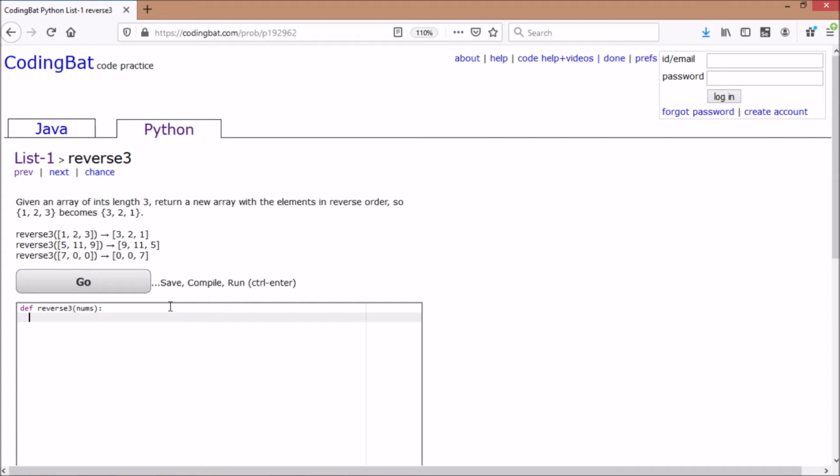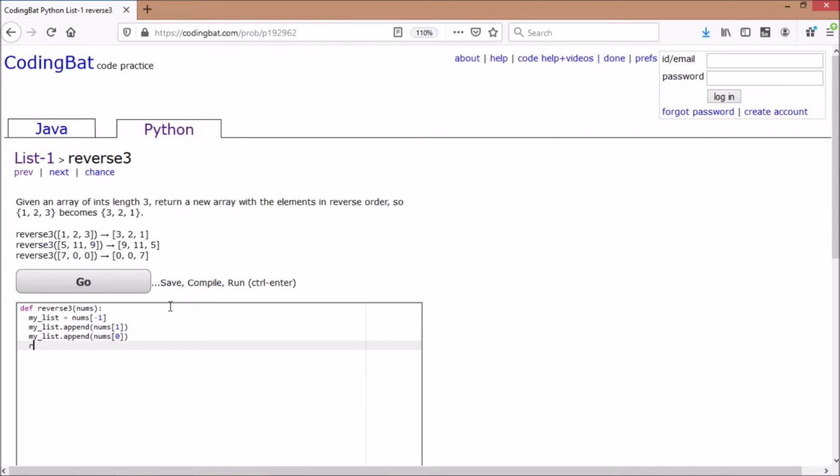As we can't use loops in this, my suggestion will be to go one by one. First you will add nums[-1], then we will append nums[1], then we will append nums[0], the first element.